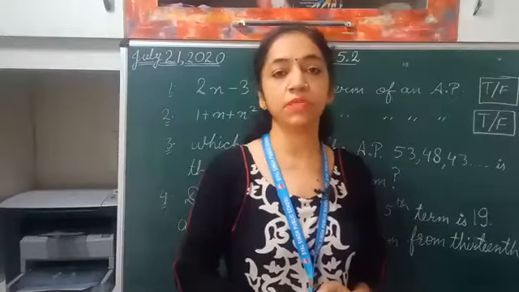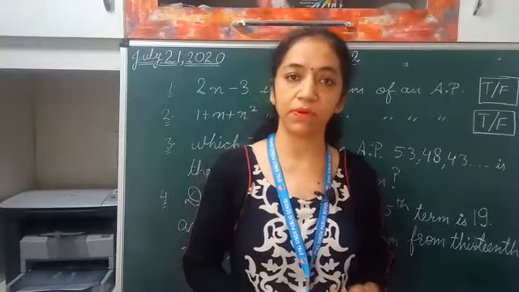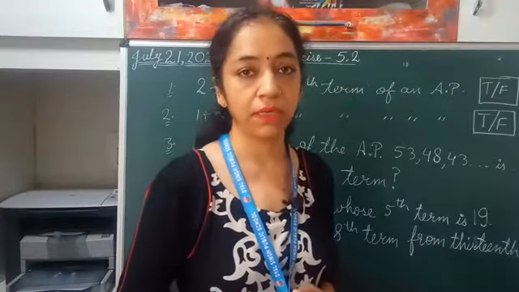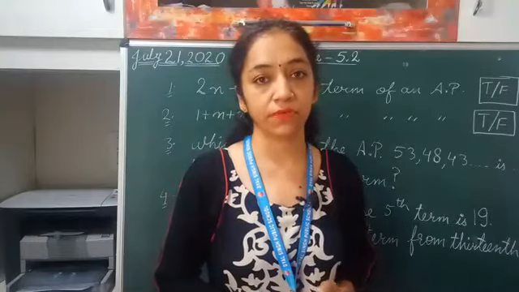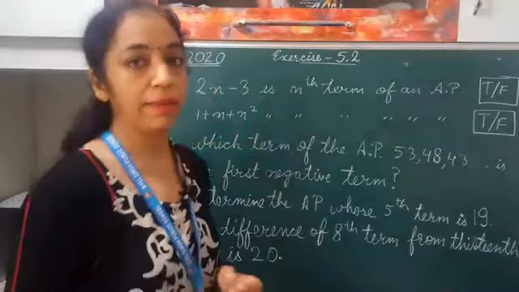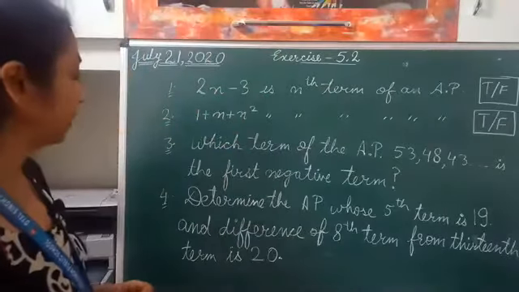Four things we used in the formula: an is equal to a plus n minus 1 into d. And then we found the missing term. We were given three terms and we had to find the one, right? Also, we did how to find the first negative term of the given AP, right? So here I am with a few questions before we start the questions of the exercise.